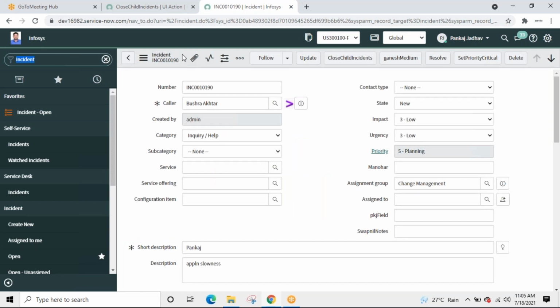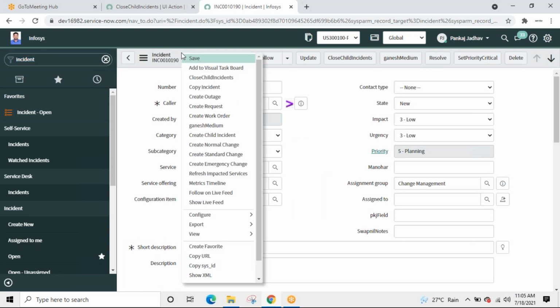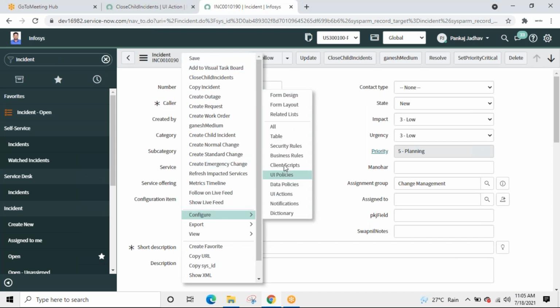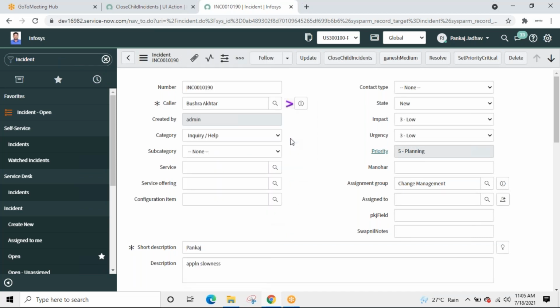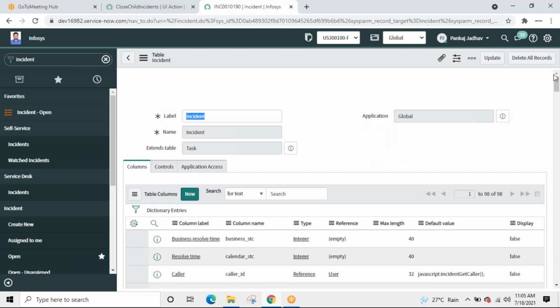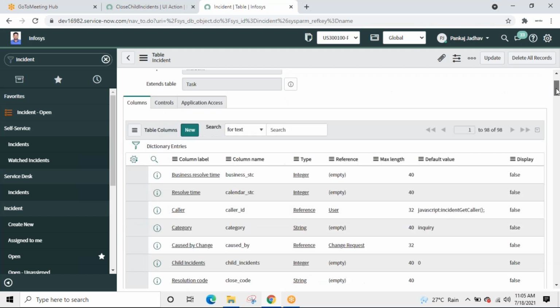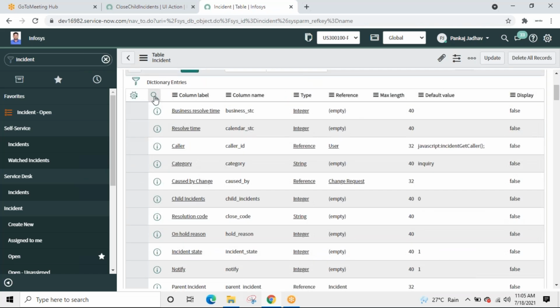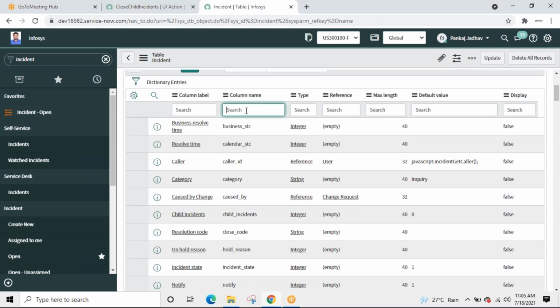I want to go to the table of this incident. Right click, configure table. This is a hidden field, otherwise I could have shown you on the incident form itself. It is a hidden field, so I'll go to the table and click on search. I'll give the name parent. I don't remember the exact name, so I'm putting percent. See,